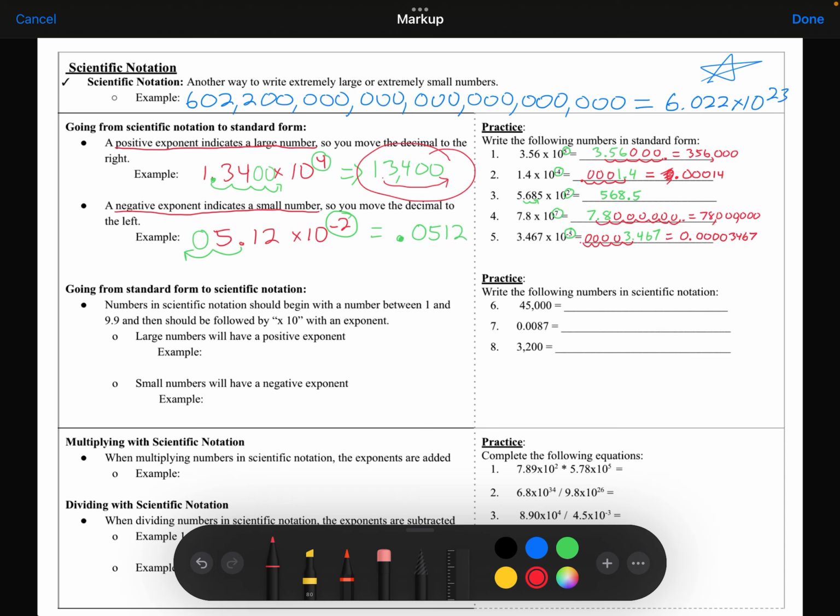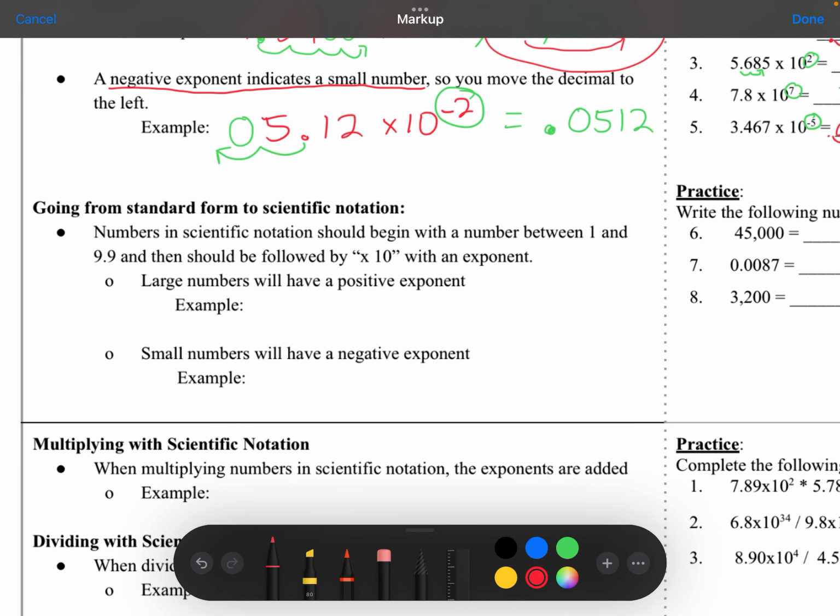backwards? Well, then we're going to do the exact opposite thing, all right? So let's say I have the number 67,000, let's say. And I want to write that number in scientific notation. Well, first step is to figure out where my little invisible decimal place is, and that decimal place is going to live right here. I don't have to write a decimal place when I'm writing a whole number, but you may want to anyway, just to make it easier for yourself to move that decimal place over to write it